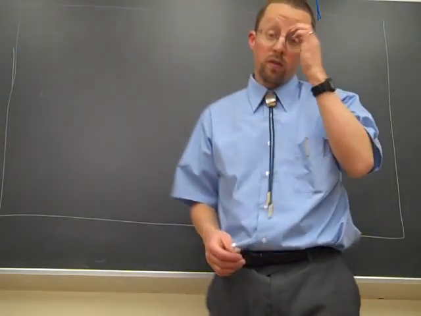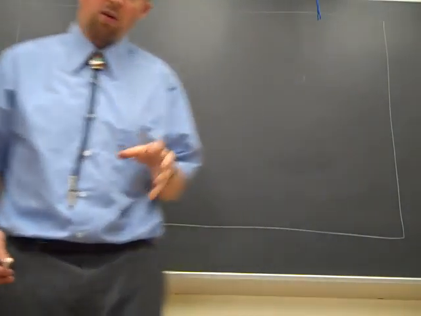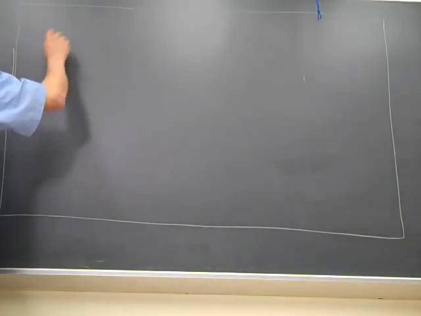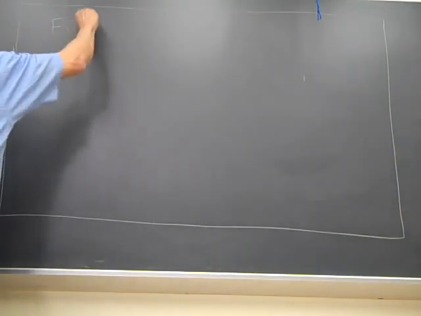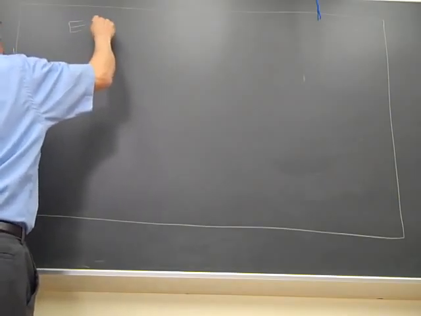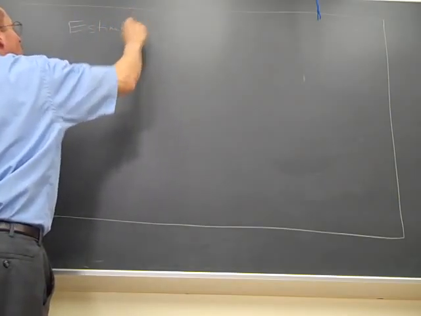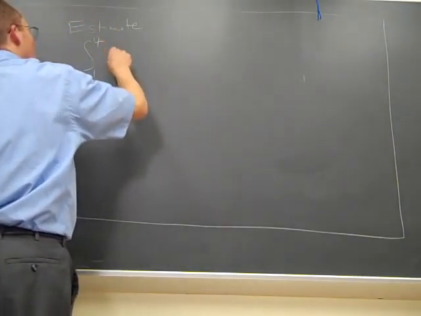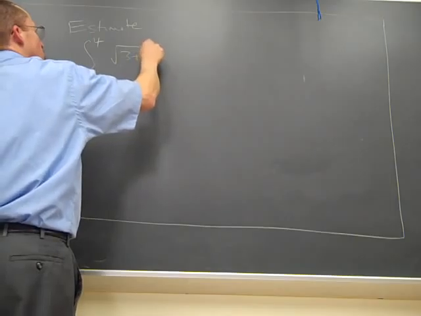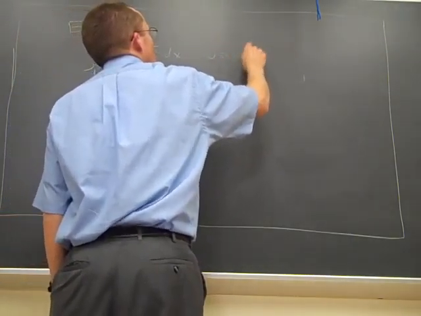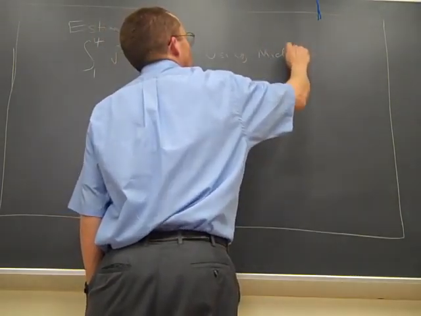I want to talk about definite integrals and start with a really concrete example, and then talk about some generalities about definite integrals. So here's the kind of problem: let's say, estimate the integral from 1 to 4 of the square root of 3 plus x squared dx using the midpoint rule